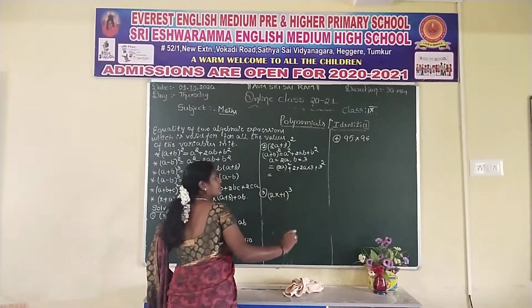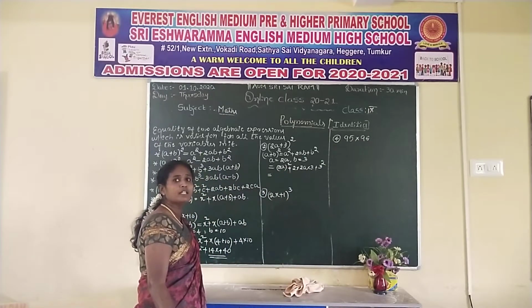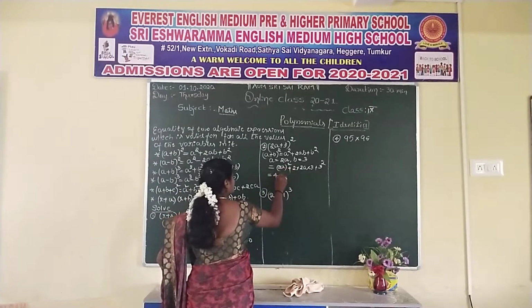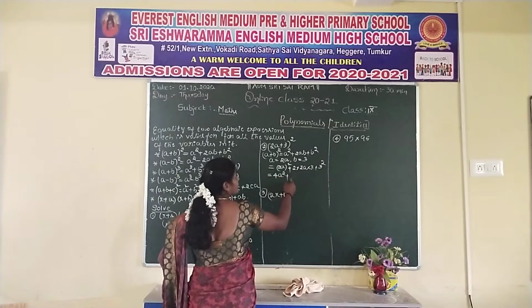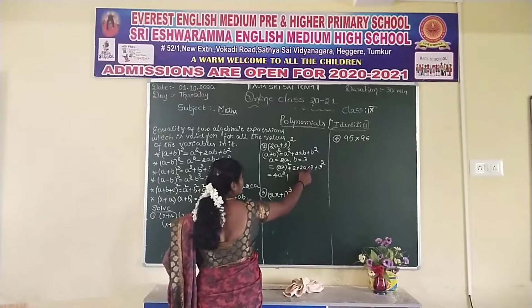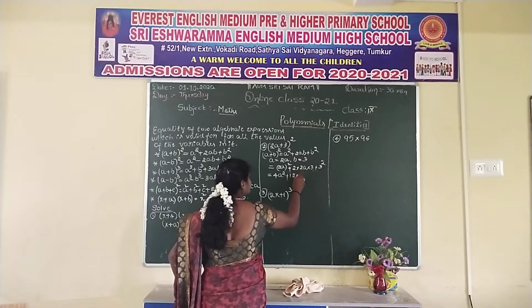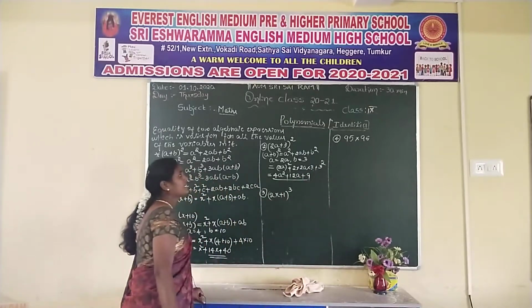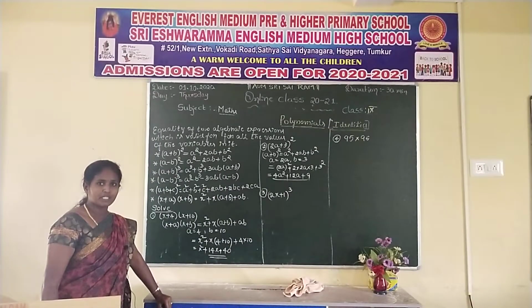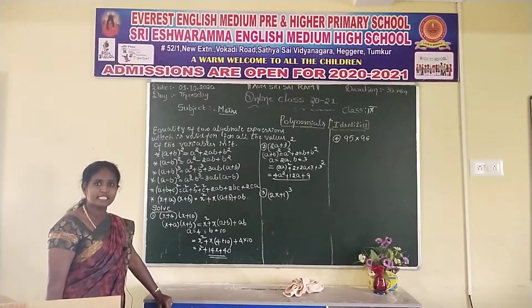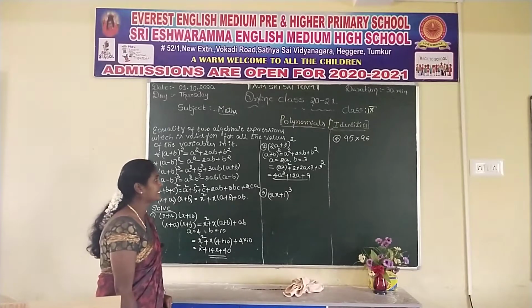What is the value of 2²? 2² is nothing but 2 into 2. 2 twos are 4. a into a is a², plus you multiply only the numbers now. 2 twos are 4, 4 threes are 12, into a, plus 3² is 9. This is the required expression. Again, we can't simplify this one because the powers, the exponents, are different. So this is the final expression.